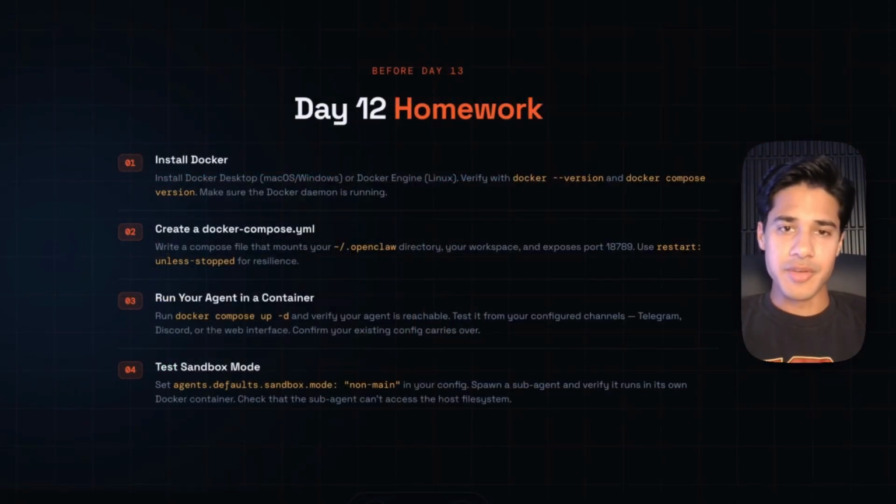4 things before day 13. First, you want to install Docker. Get Docker Desktop on macOS or Windows, or Docker Engine on Linux. Second, you want to create a Docker Compose YAML file. This is the file you're going to carry forward to day 13 when we deploy to a VPS. Third, run your agent in a container. So run docker compose up -d and verify that your agent is reachable from your configured channels. Fourth, test sandbox mode. Also spawn a sub-agent and verify that it gets its own Docker container. Check that the sub-agent can't access the host file system, and this is going to validate that sandboxing is working